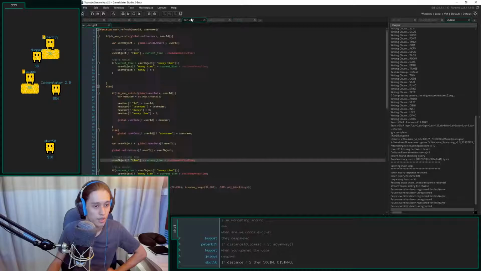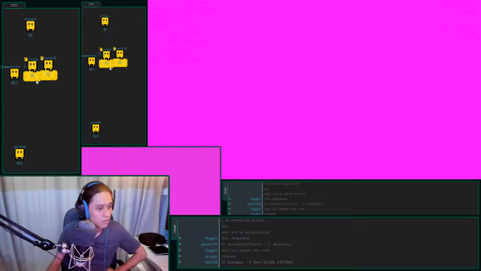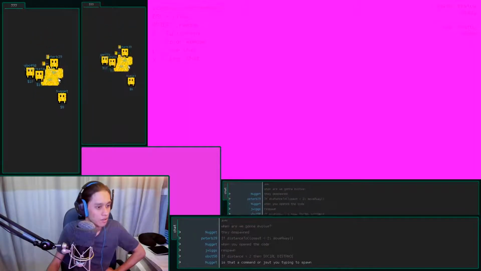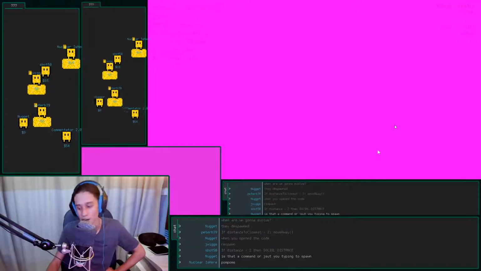New people spawning in, spawn in with pom-poms. What exactly is that, though? I'm not exactly sure how that comes about. Because I see it moving with the legs. I see it moving with the legs. It's not a command. I'm just typing it to spawn. Nugget's back. Nugget has pom-poms.